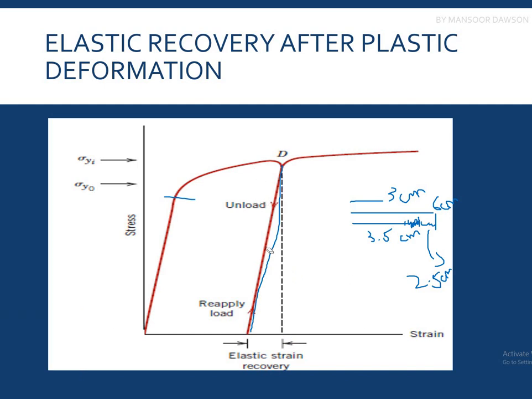It should have, okay. So when we unload it, it should have come to this line rather than this line, but it eventually comes to this line. Why? Because the strain value should be this one. For example, it should be 5, but it comes back to 3 again, 3.5. So this recovery is the elastic recovery, as I explained to you with the example of this rubber band. Alright,